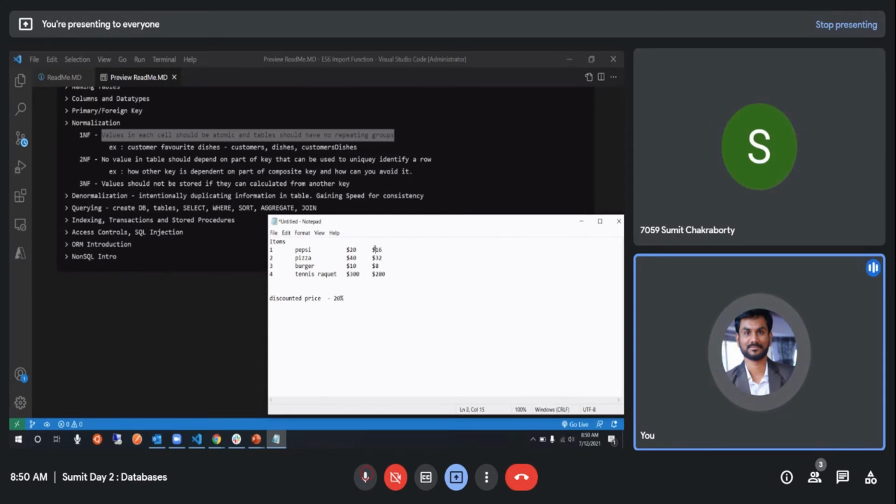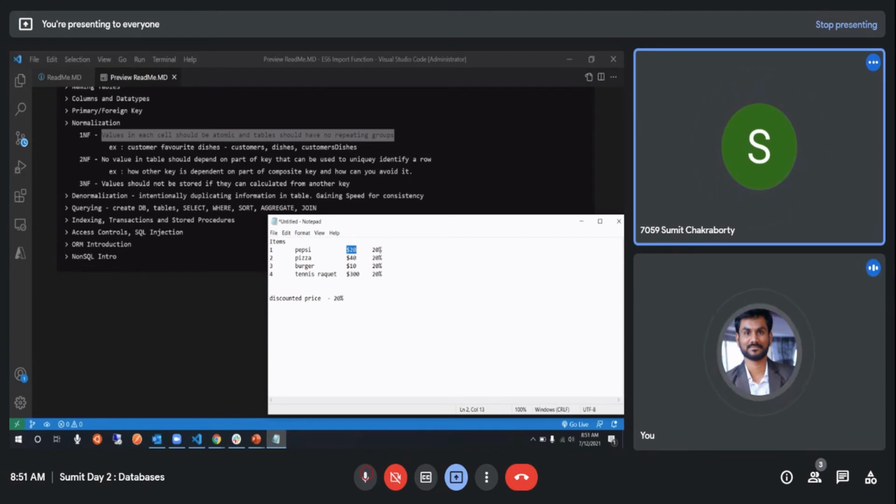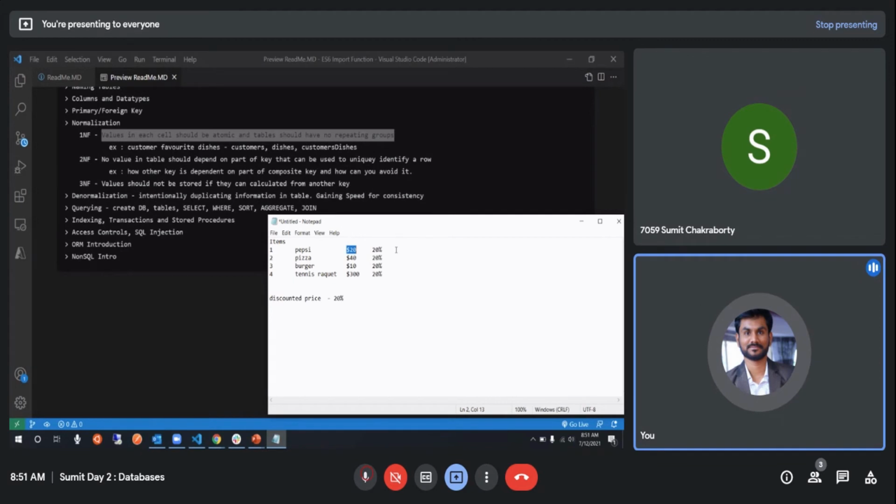Or just store the discount percentage, so that you can calculate it later in the code. But do not store the discounted price because it can be calculated from your previous value. Now, can 20% be calculated from this? No, 20% is a unique value, right? But that $16 was a calculated value, so do not store that calculated value.